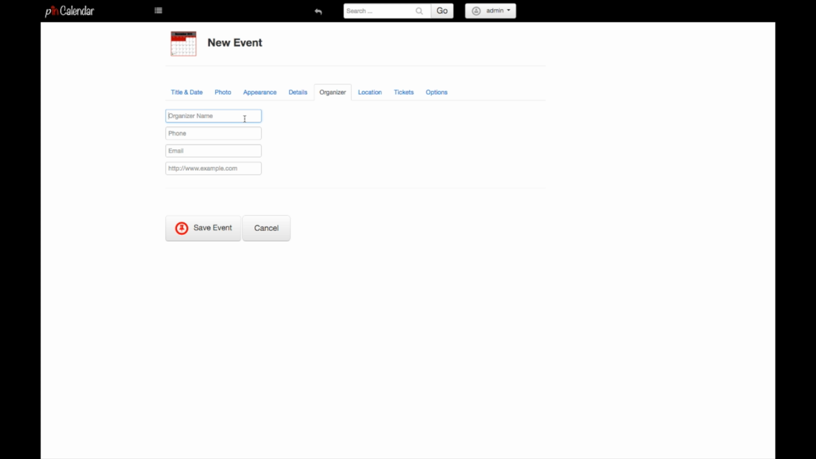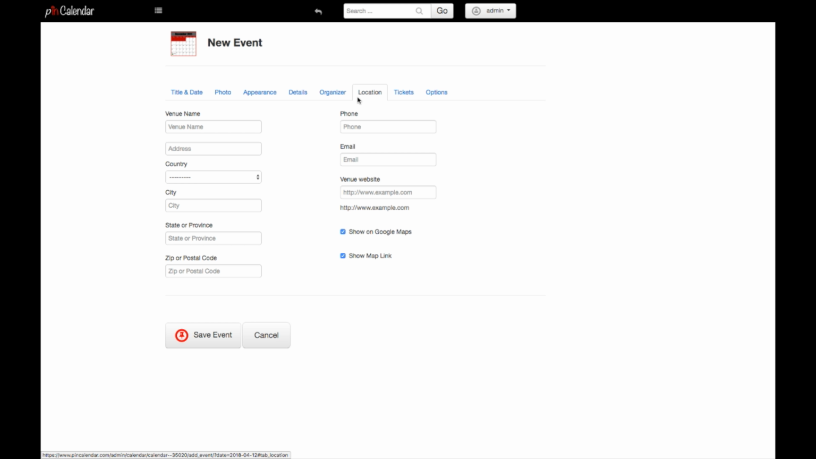Okay, details, if you wanted to, we could specify the organization. So let's say it's the Lions Club or whatever. We can specify the phone number, email. If it's a venue, let's say if there were tickets being sold or anything along those lines, you can specify where it's taking place. So let's say it's going to be at Lions Park,